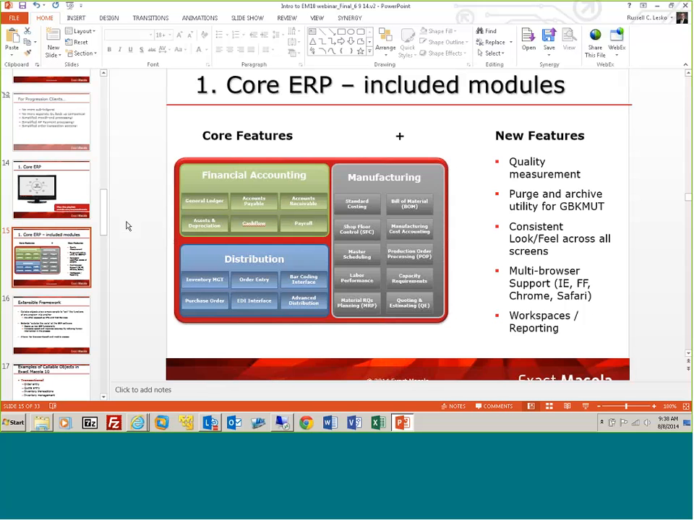There are a few new features over on the right side of the screen that are new and unique to Exact Macola 10. We'll talk a little bit about quality measurement. We've certainly seen over the years that many customers who have formalized quality inspection or testing functions often have to manage that outside of the system altogether. They have their own little separate system, homegrown or whatever, where they're able to